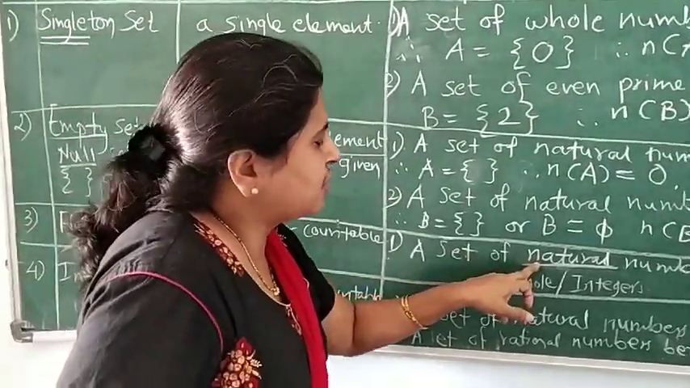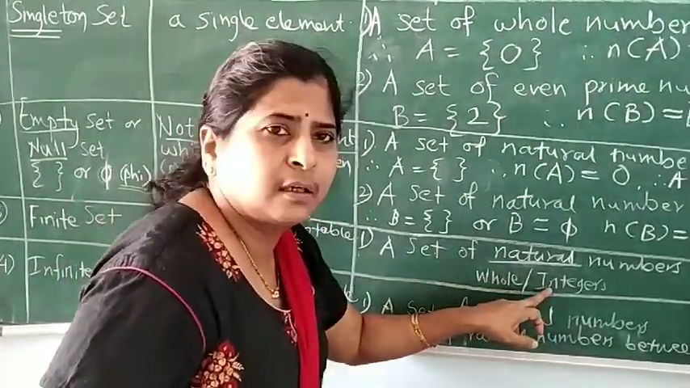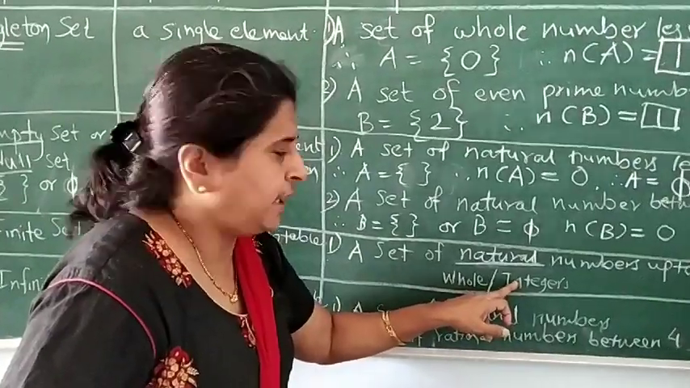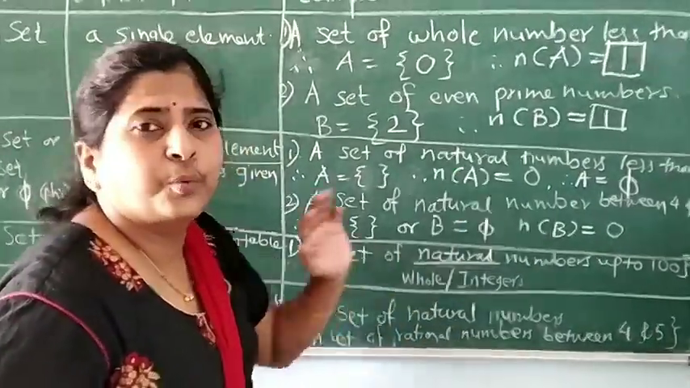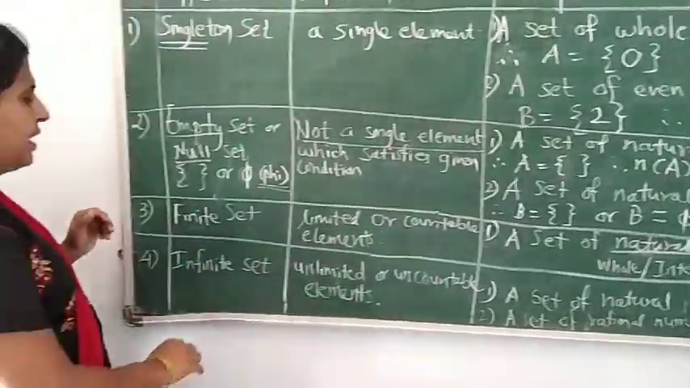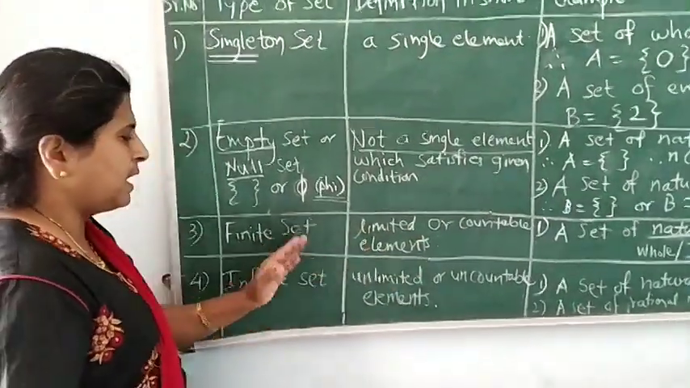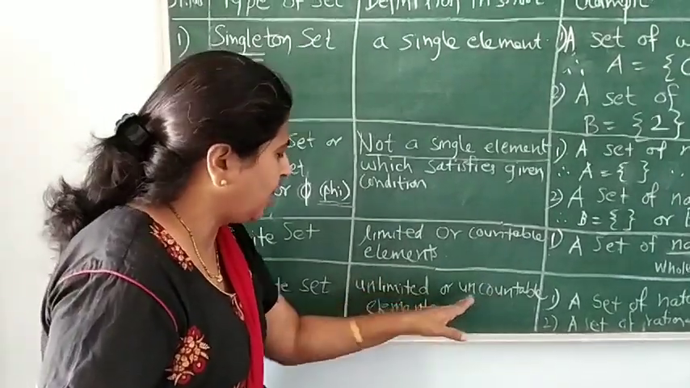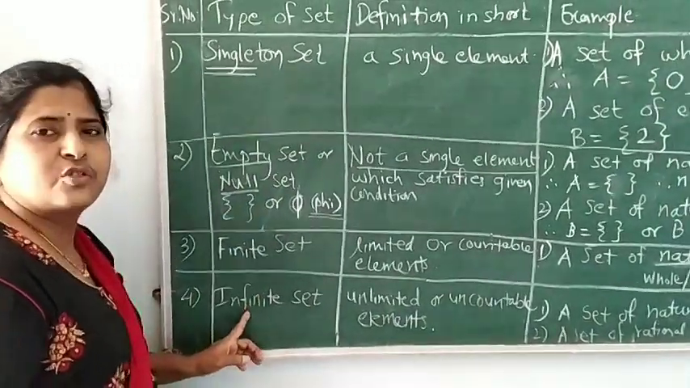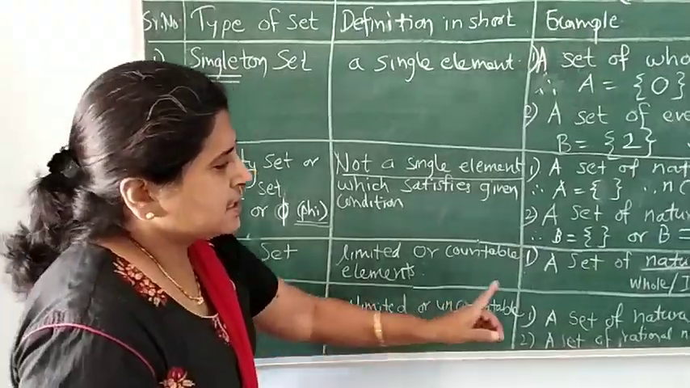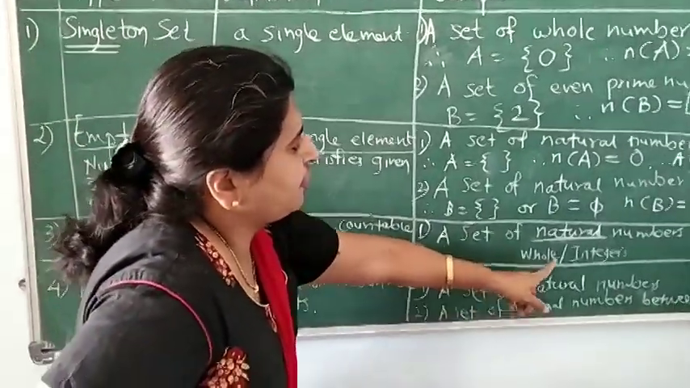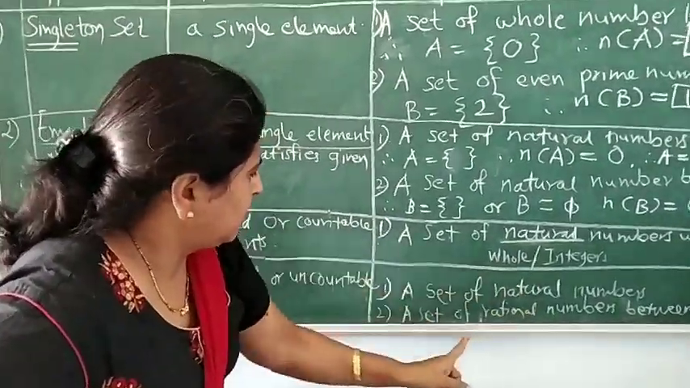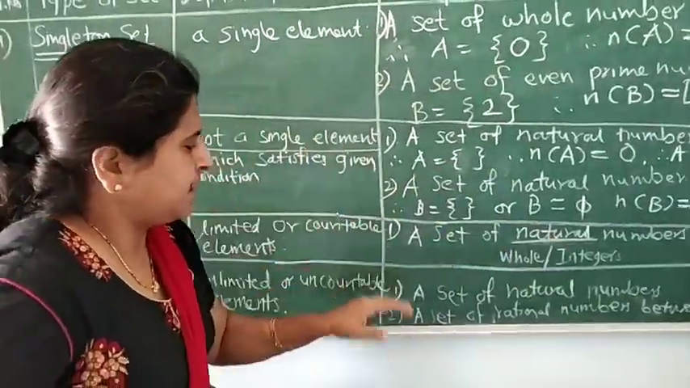Again, if the word natural is replaced by whole or integer, it still remains finite. And if it is rational, it is not going to be finite. And if it is not finite, meaning the elements are not limited or countable, they are unlimited or uncountable, then the set is going to be infinite. The same example: a set of natural numbers, all natural numbers, or a set of